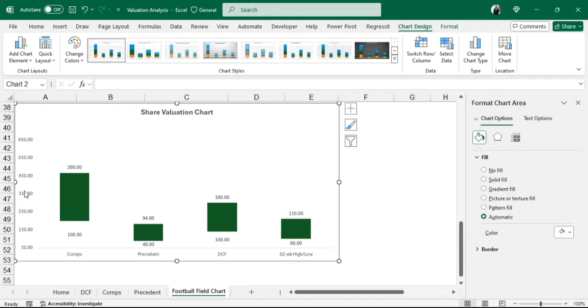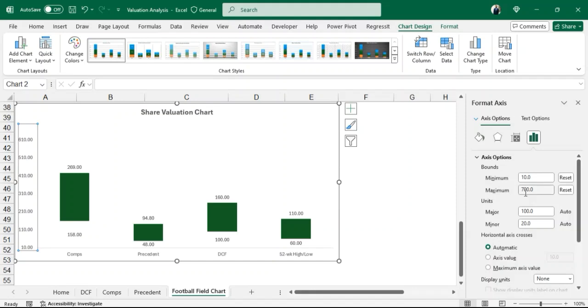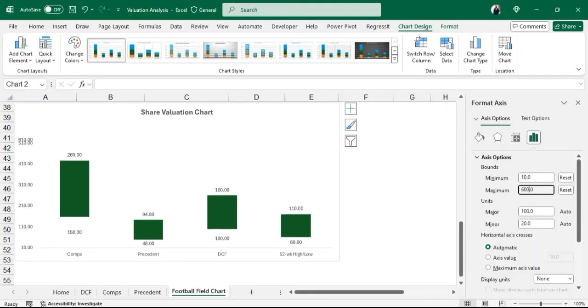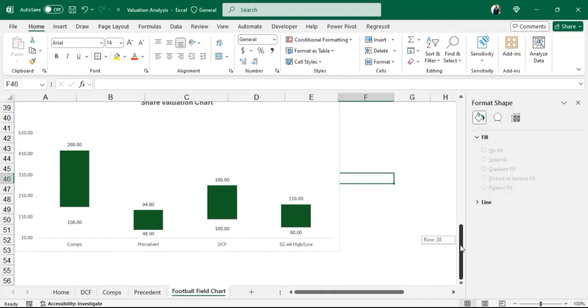let's make it this particular portion here. We can come to the axis options, and let's reduce it further, since the highest price here is 269. Let's make it 600 and see how it will look. So the 600 is also okay right there. So this is how we build the football field chart. So this is giving us the highest